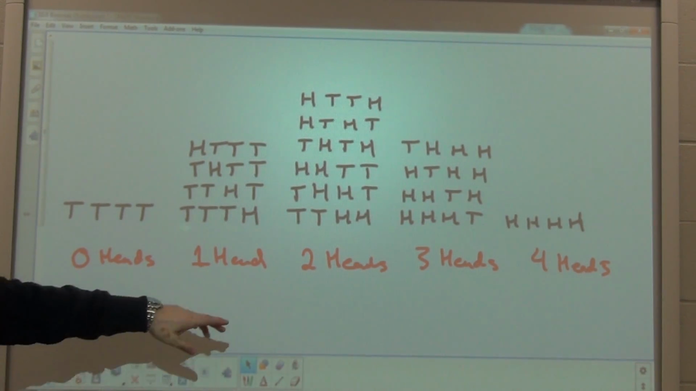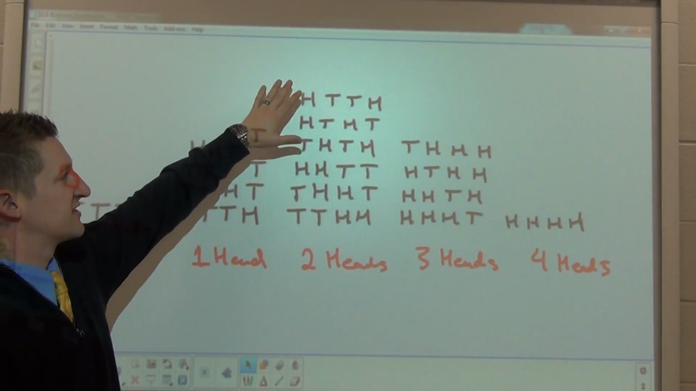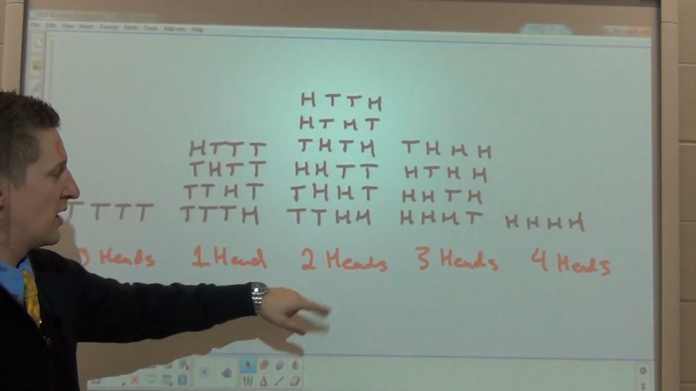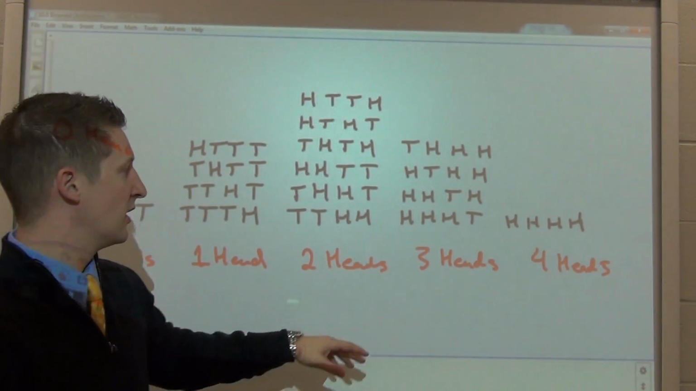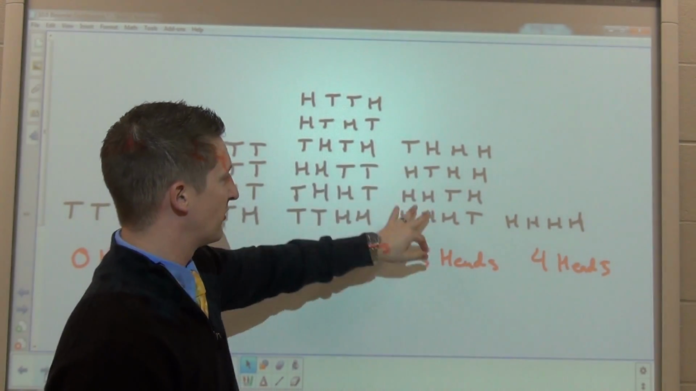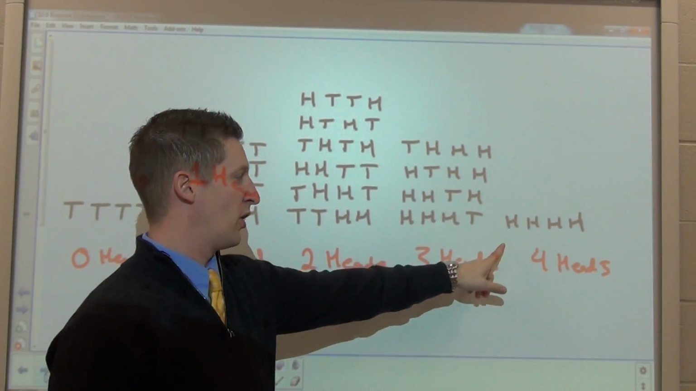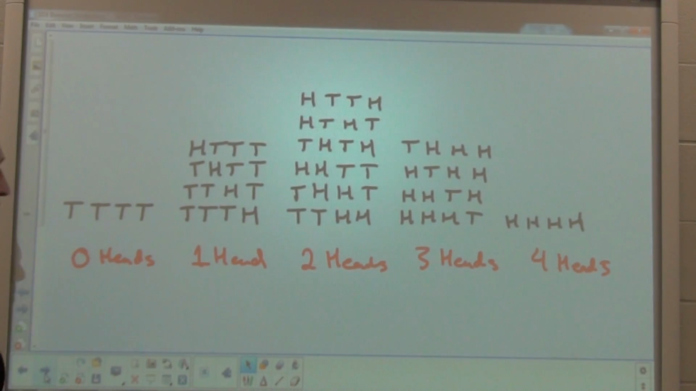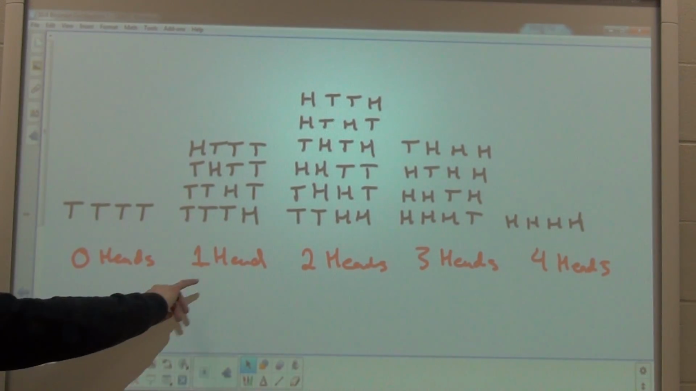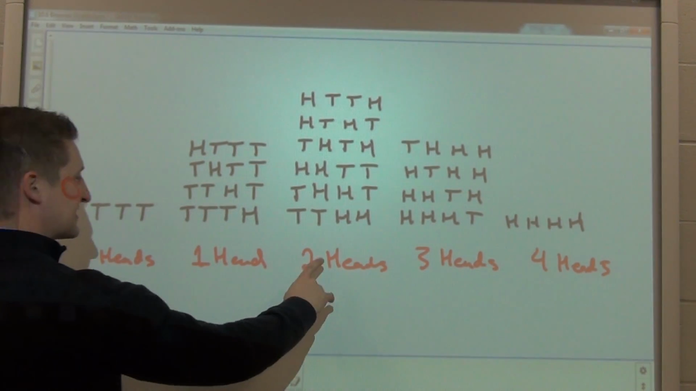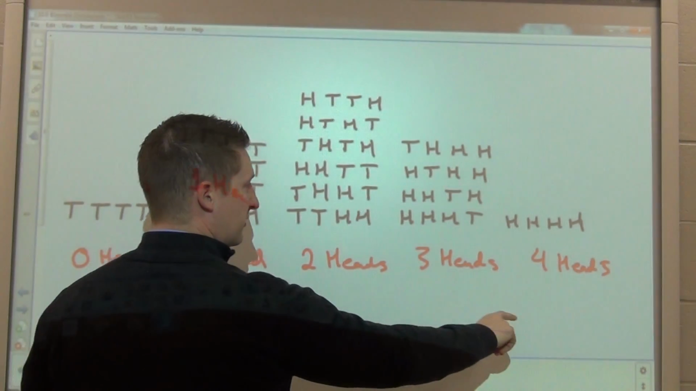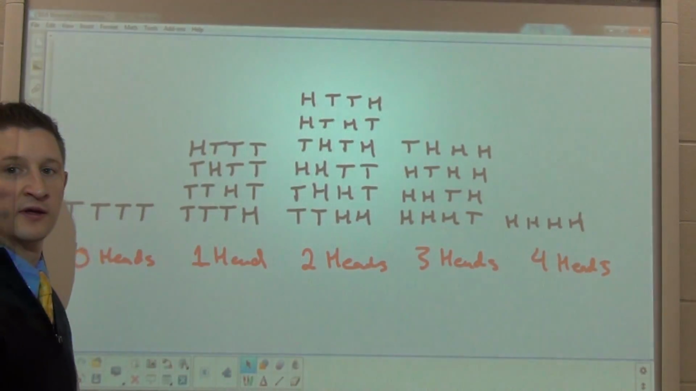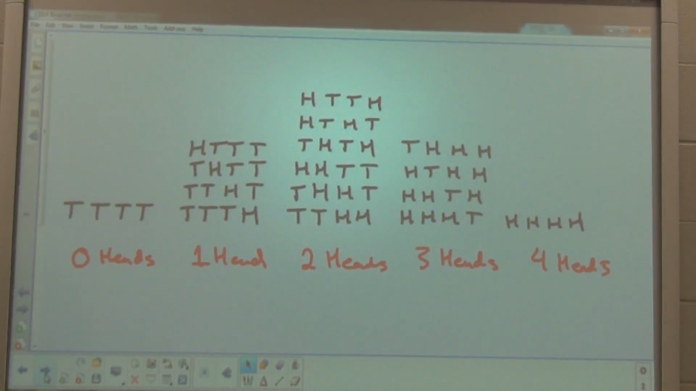Now, there's 1, 2, 3, 4, 5, 6 ways that 2 heads might appear. There's 4 ways again that 3 heads could appear, and there's only 1 way for all 4 coins to be heads. Now if you notice this distribution here, we've got 1 with no heads, 4 with 1, 6 with 2, 4 with 3, and 1 with 4. Now, keeping those ideas in mind and looking at that diagram that I put together for you, we're going to